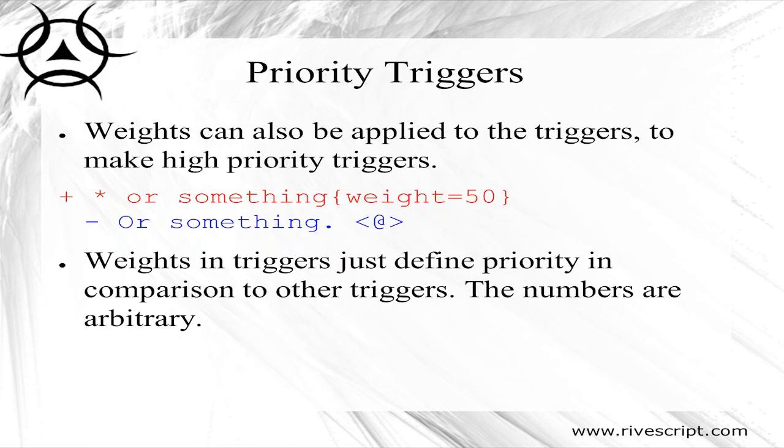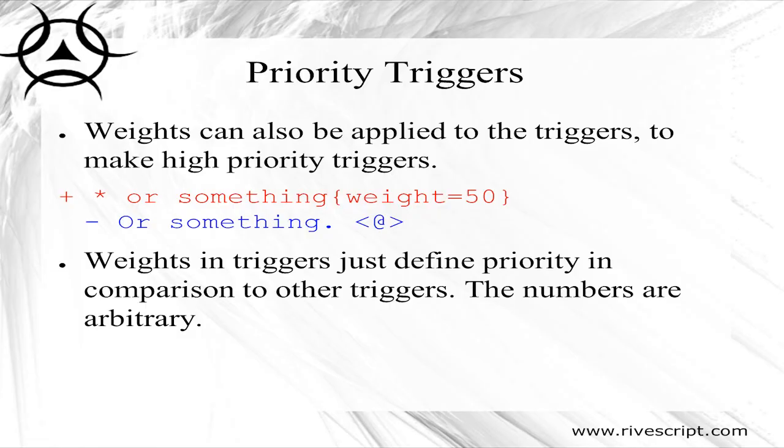You can actually have priorities for triggers too. One of my favorite triggers from Alice is the star or something, where Alice will say or something, and then it'll continue to answer your question. The way that RiveScript sorts the triggers, it sorts them in the order that they'll match best. So it sorts atomic triggers first by the number of words, and then it will sort triggers with wildcards by the number of words, and so on. So with star or something, it's got a wildcard, and it's only got 2 words besides the star, so that would actually be sorted really low on this internal sort list.